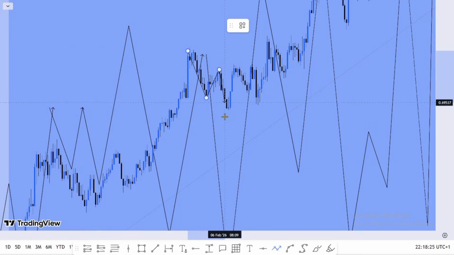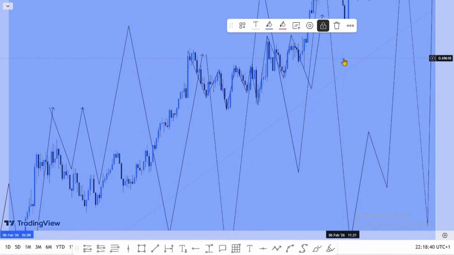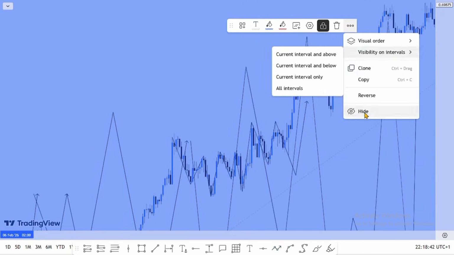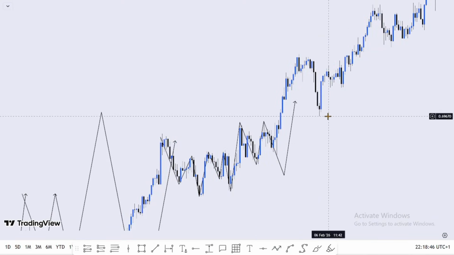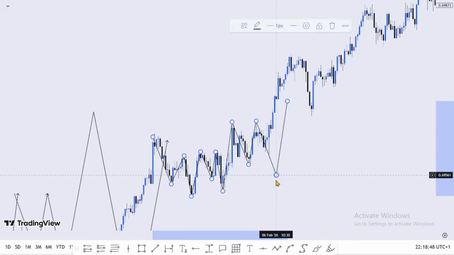I saw price sweep liquidity, come up, do this thing. Look at it here, it swept liquidity, then it broke structure and gave us structural liquidity. Then I was expecting an entry from this point to continue to the upside, but unfortunately I didn't get it. So let me just hide this thing, let everywhere be clear. Also hide this one. So this is the first entry I was looking for, but we didn't get the retracement,